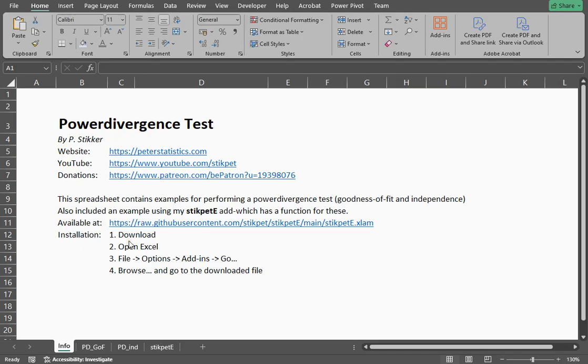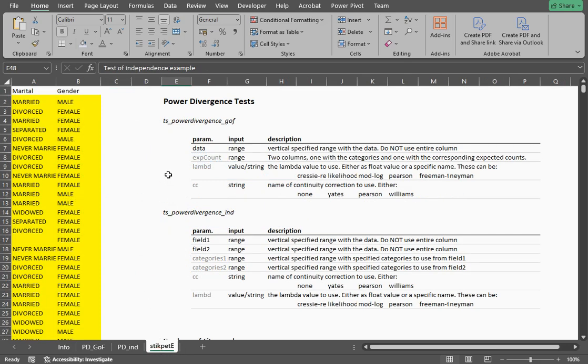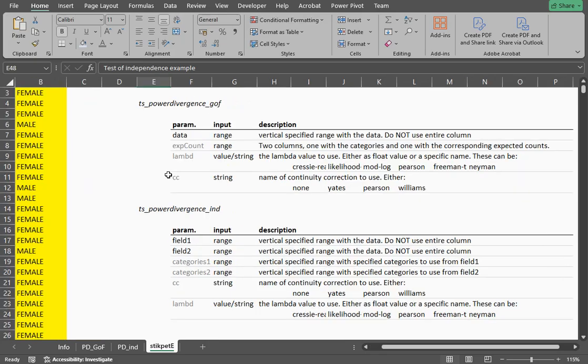So you can get my stikpetE add-in by going to my GitHub account, and there you can download stikpetE.xlam. Once you've downloaded it, you can open Excel, go for File, Options, Add-ins, and then click on the Go button. Browse to where you downloaded the file and then install it. After that, my add-in will be available with a lot of additional functions,